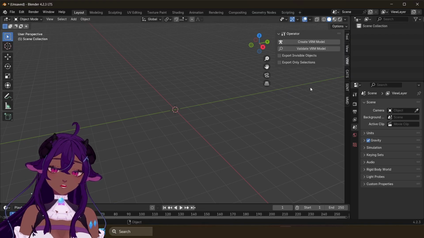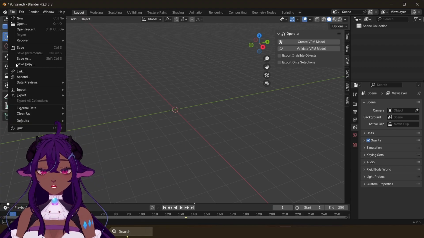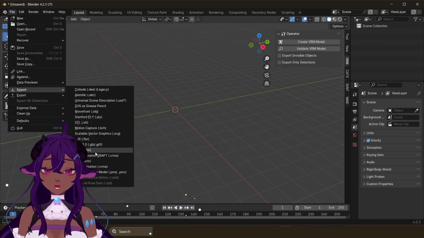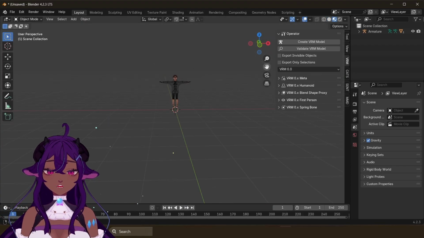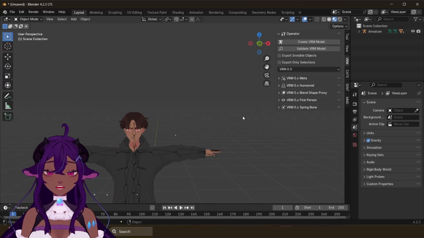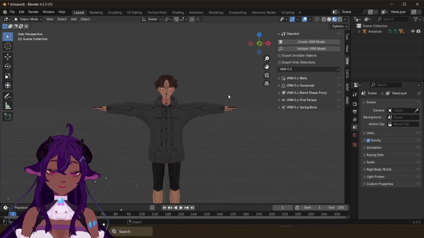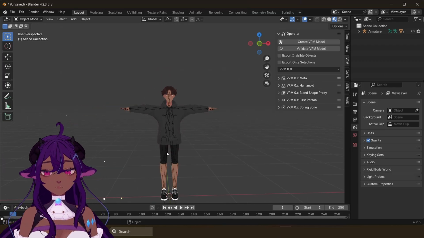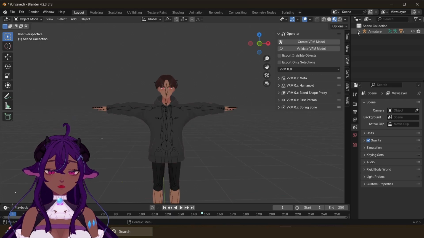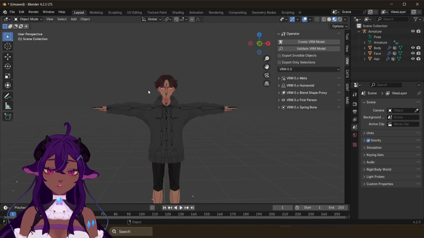If you see VRM there, that means you did it correctly. So now you can go ahead and import the model, and once it's done, it'll load in your model. It might take some time, but it will load in. It might look white as well, but the textures will pop in over time. Once you have your model there, just know that this model is called the armature right here in the collection,